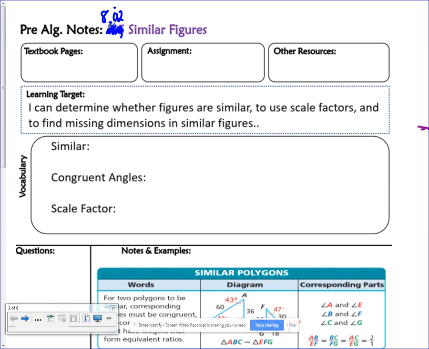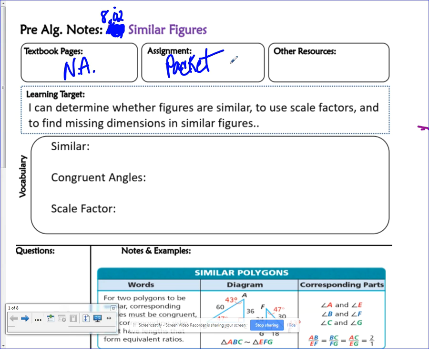Our notes, which used to be 5.5 in our old textbook, we're going to use these same ideas to preload Module 8. So I'm calling this 8.02. Scribble that out in your notes, put that up here. We're not going to use any textbook pages yet for this particular section, and your assignment is going to be